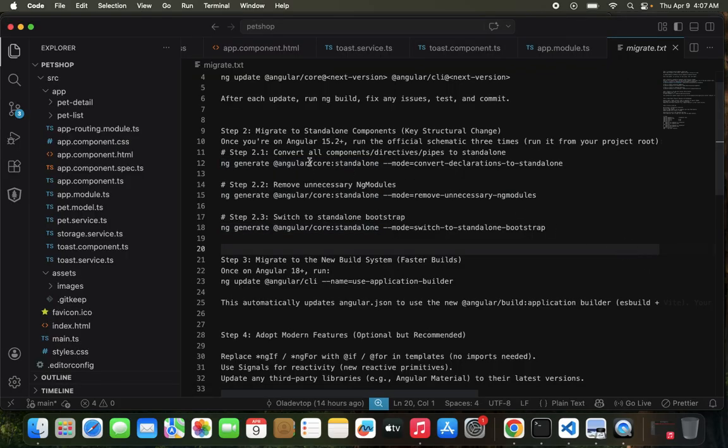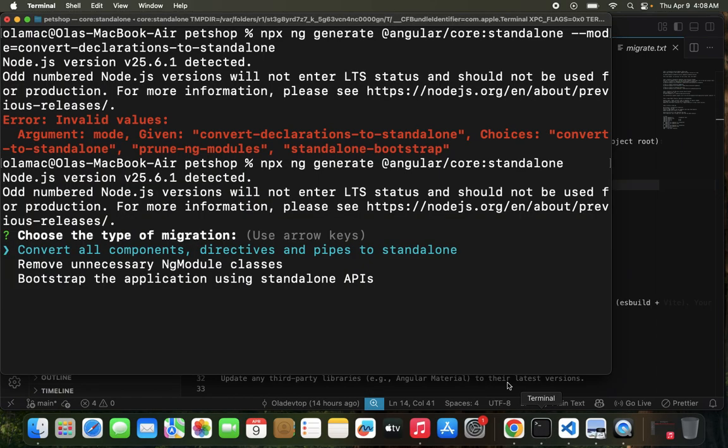So when we run migrate to standalone, we have this option, convert all component directives and pipes to standalone, and then the next one is remove unnecessary ng modules. So I'm going to go here and then I'm going to do